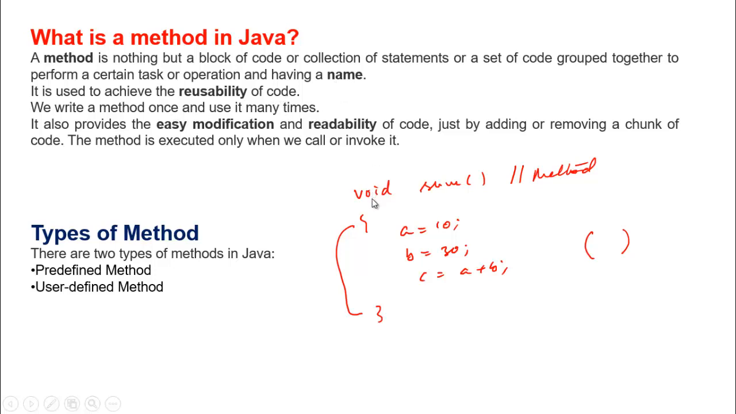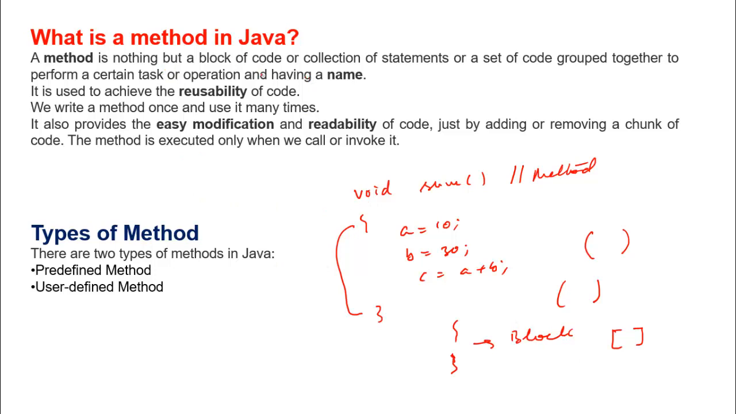Just see this, void sum. So sum is the name here, and there are the curly braces. We will see what these things are. And one thing you should know is that the symbol of the method is the first bracket, the parentheses. The curly brace is for a block, and the square bracket is indicated for the array. Now here,